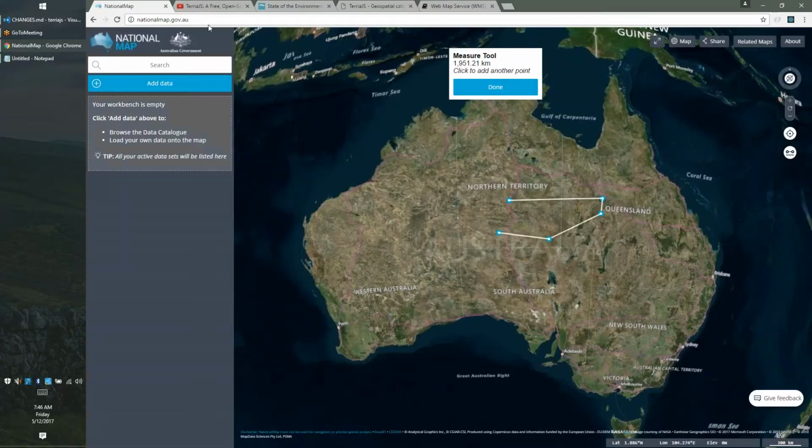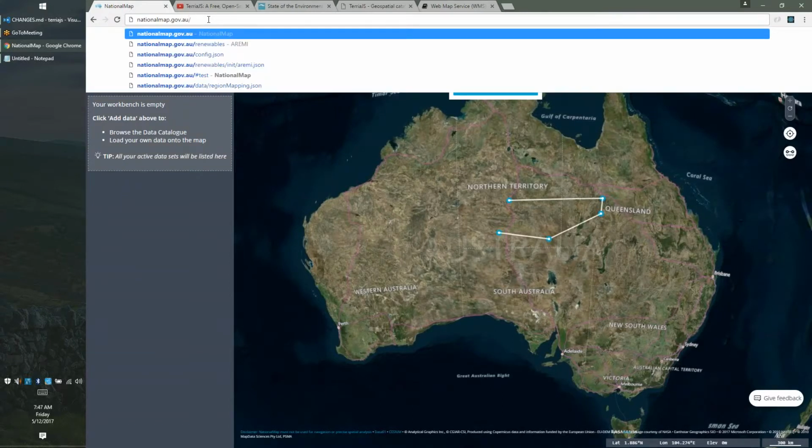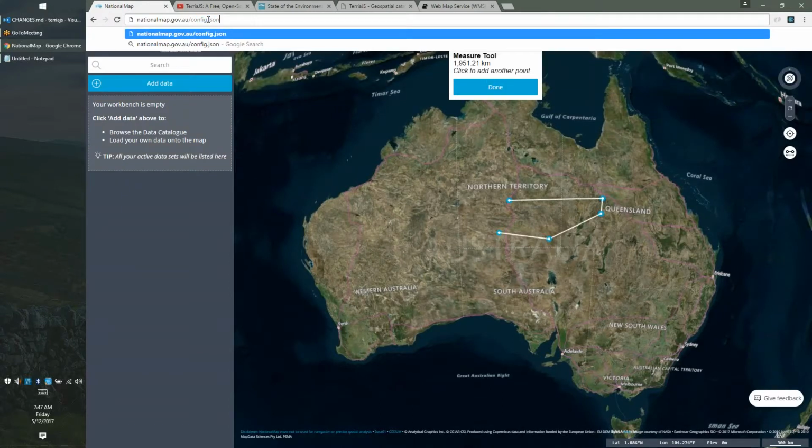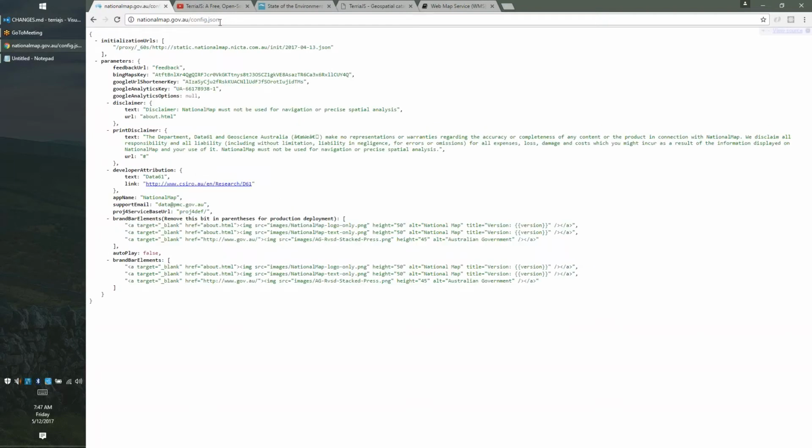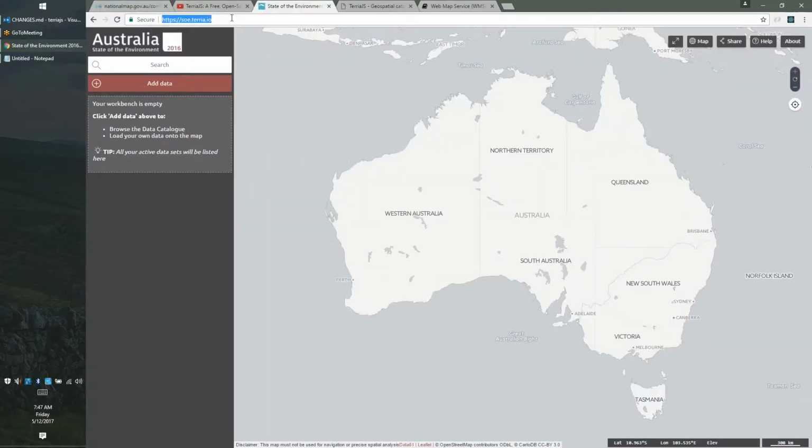Yeah. Let's see if I can show you what that looks like. So if I go to National Map here, and then go to this config JSON file that I happen to know exists, you can see this initialization URL section. And this is defining the set of JSON files that are loaded in order to define the catalog. So if I take that URL for National Map there, and I go over to this other TerriaJS based map here, and add that to the URL,